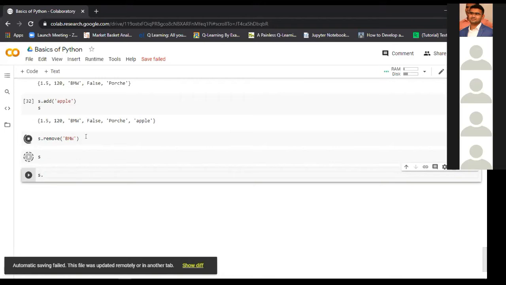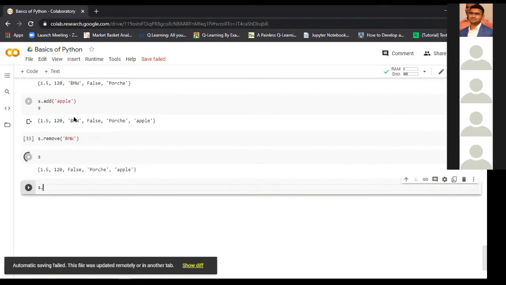Yes, so BMW is deleted, and if you see the S again, it will give you all the elements of the set except the BMW. As you can see, there were 6 elements before, after adding the Apple, but after removing the BMW, we now have 5 elements.